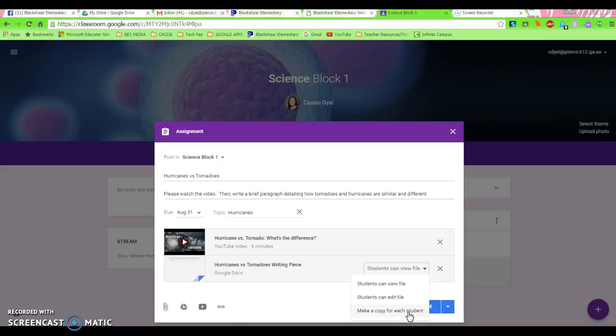When you select this, it will send a copy to each child and will automatically put their name as part of the title of the document. So it would say Hurricanes versus Tornadoes Writing Piece - Cassie Dial, and it would automatically put the student's name on their own document. So I'm going to make a copy for each student. This way the student can edit it and create their own work on this copy, and it will not change